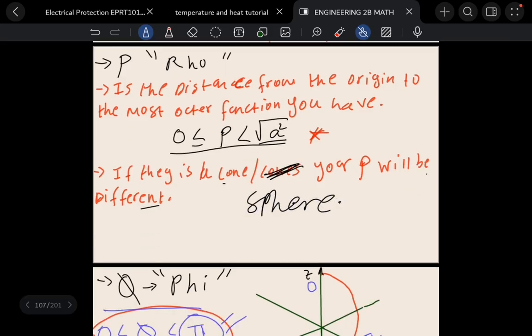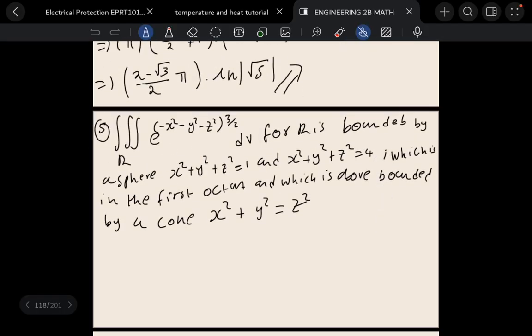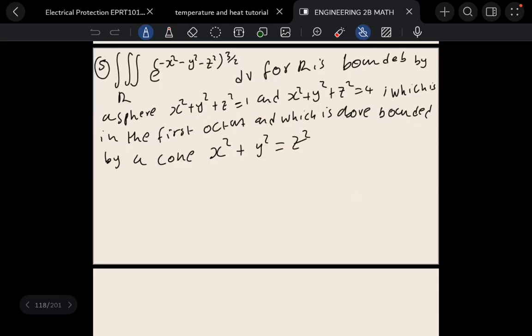If you have spheres, two or more spheres or two or more cones, your phi will be different, because now we want the volume that lies between the spheres or that lies between the cones. We want that. So when we